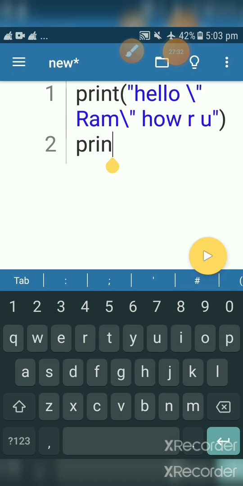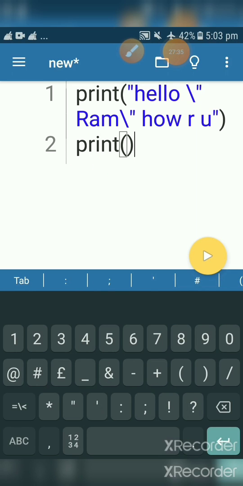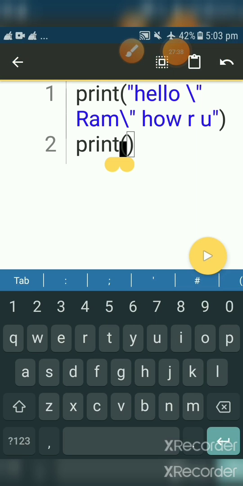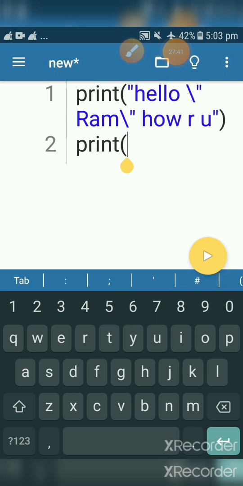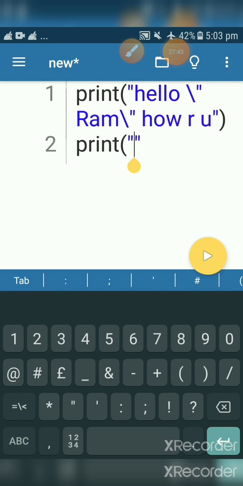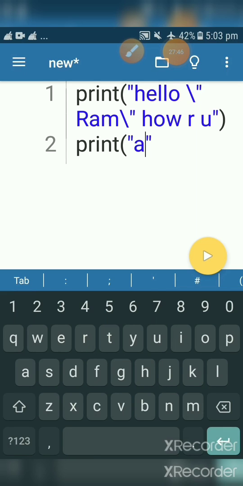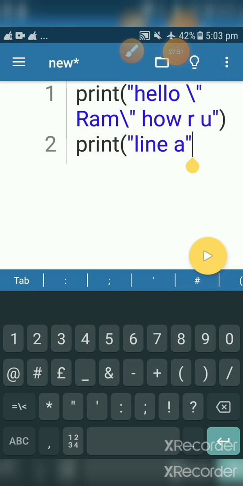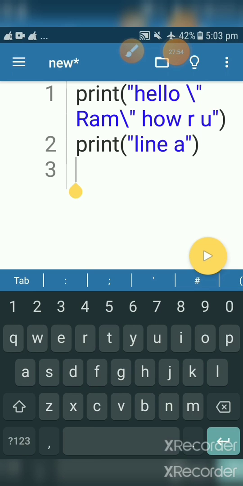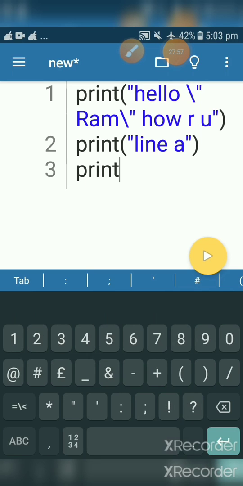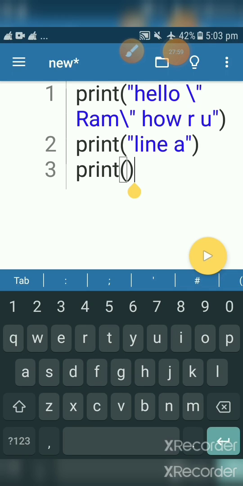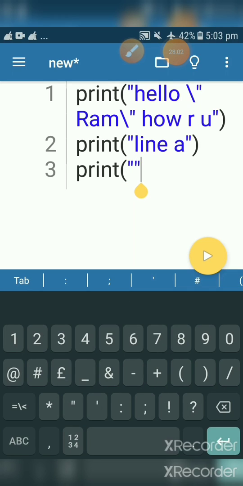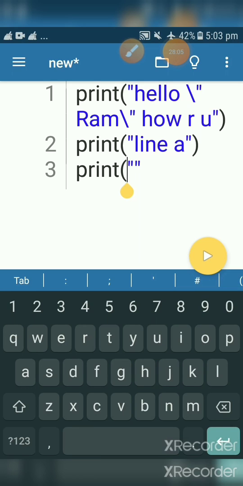See, print in double quotes line A. Okay, enter. Print in double quotes line B.